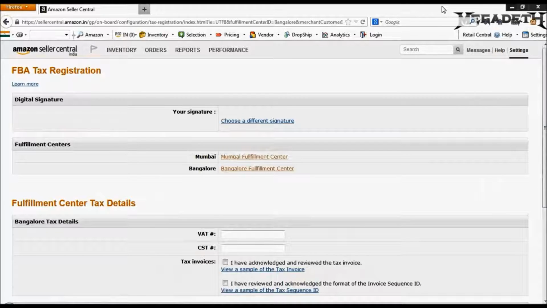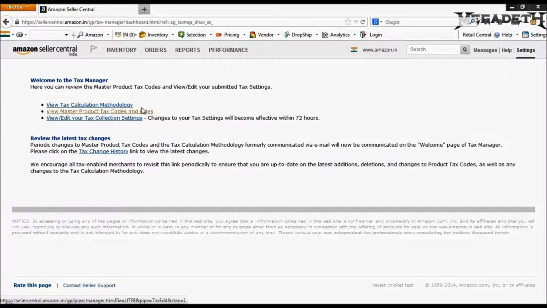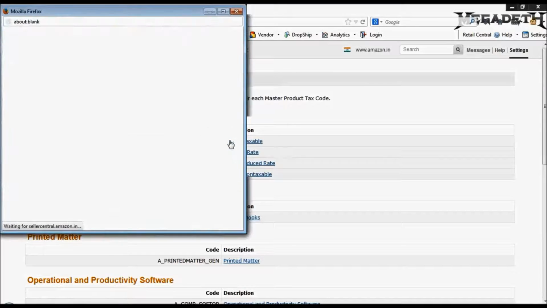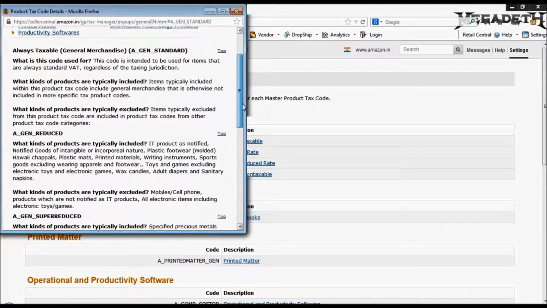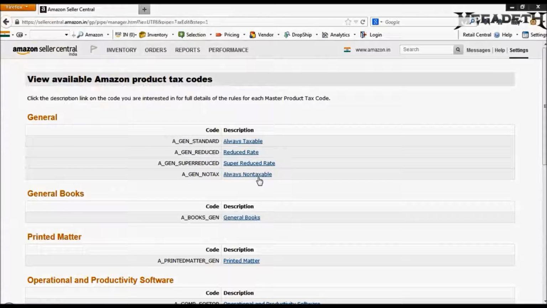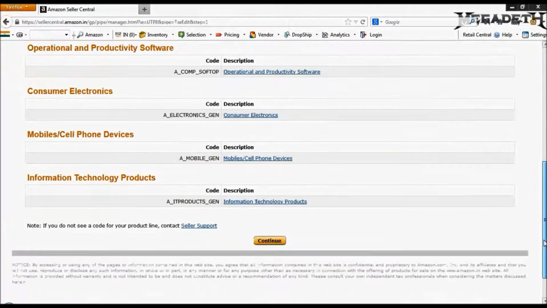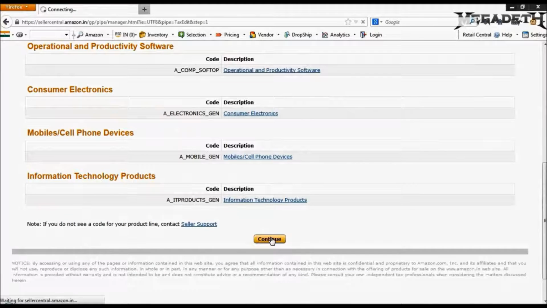The next detail that you will have to fill in is the tax settings. Under this, go to the second option, which is the View Master Tax Codes. So you can go and read about each of the kinds of tax codes available. And determine which tax code your products fall under. Once you are sure of which is your tax code applicable, then you can click on Continue at the bottom of the screen